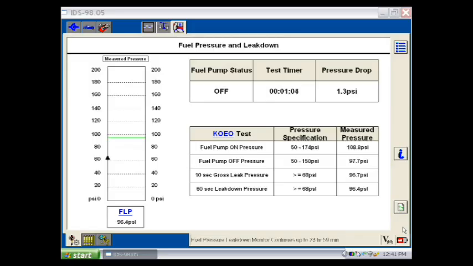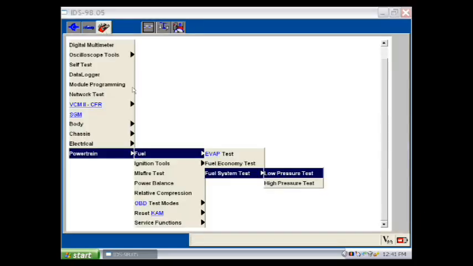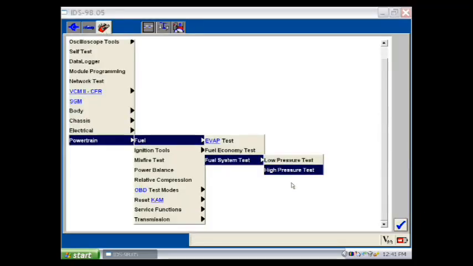So we're just now completing the low pressure test, and we've passed. Fuel pump on pressure 108.8, fuel pump off pressure 97.7, 10-second major gross leak pressure 96.7 psi, and a 60-second leak down. So we don't have any leaky injectors, fuel pump check valve, any problems there, all looks good. So let's move on to the high pressure test. We'll move on to the high pressure test,